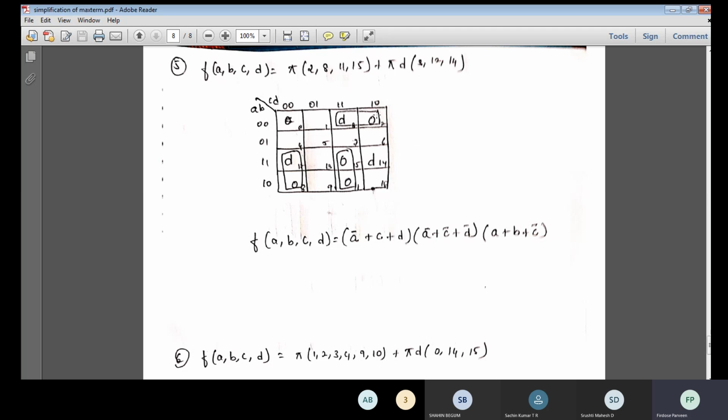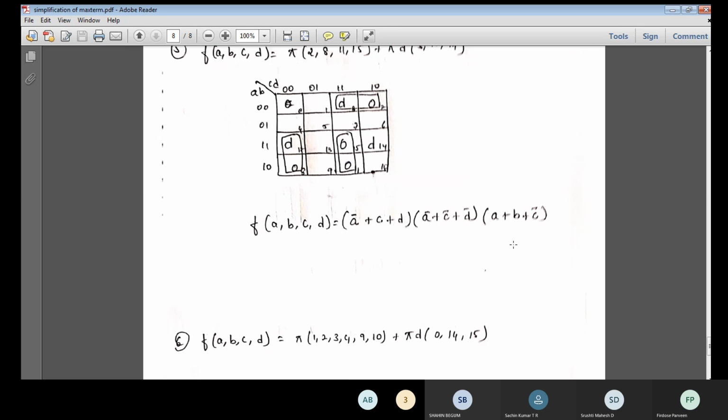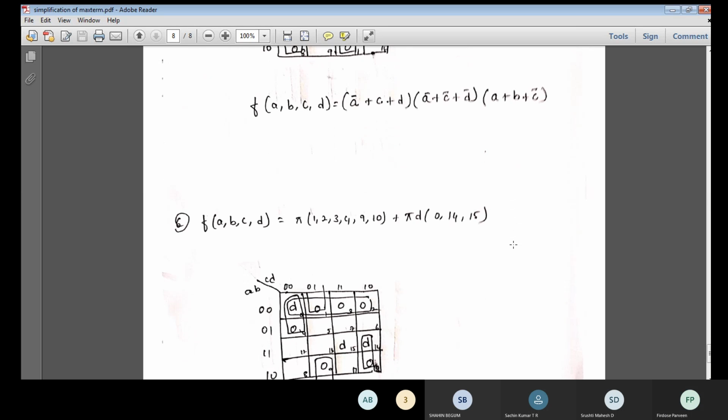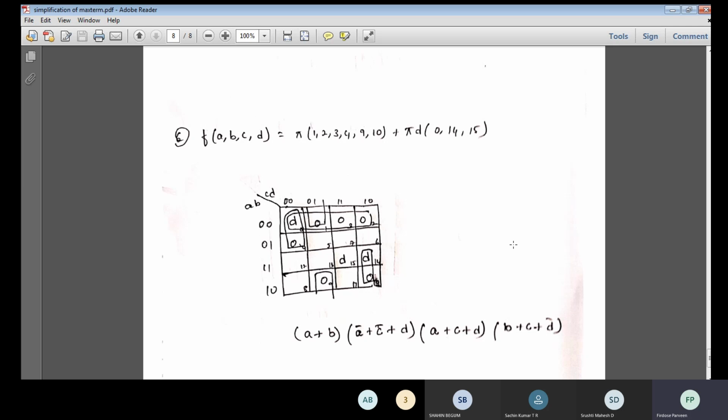In the same way, it is covering, this is which group? It is 2 and 3. It is covering this row. It is a plus b. And it is covering which two columns? It is covering these two columns. It is c bar. So a plus b plus c bar. In the same way,